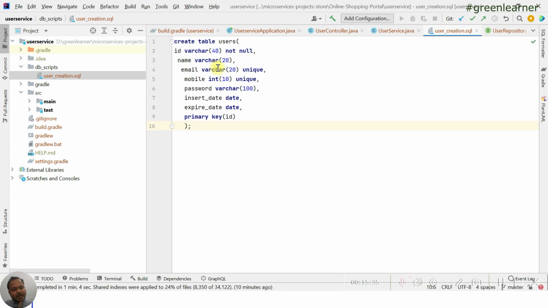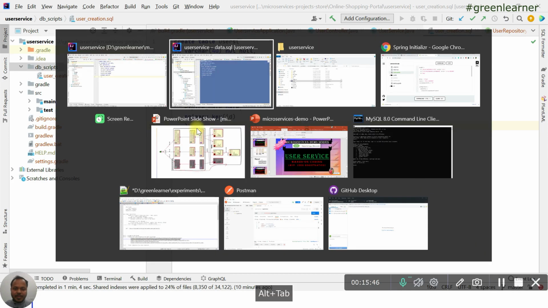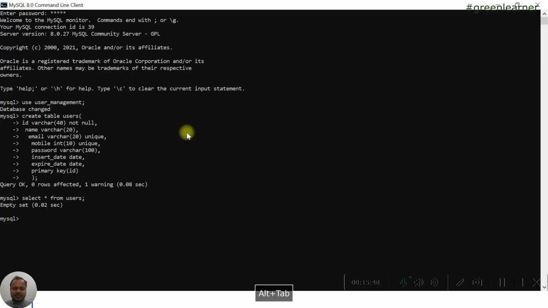So this is the script for the users table here, so that you can directly use and execute it in your system and create this one. This table I have already created in my system. For more stuff that you need with this one, you need a MySQL server that I already have installed in my system.